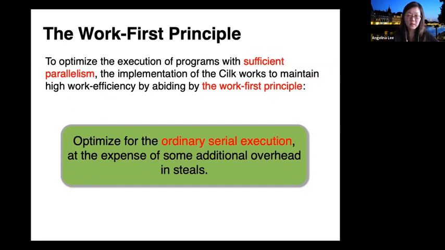And so in the case of a steal, the thief is stealing from the top of the deck, not the top of the stack. Does that answer your question? We'll get into a bit more detail on what the deck is all about. Okay, great. Any other questions? Okay, if not, then let's move on.